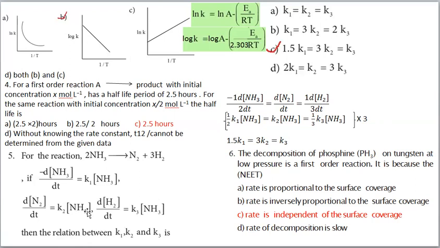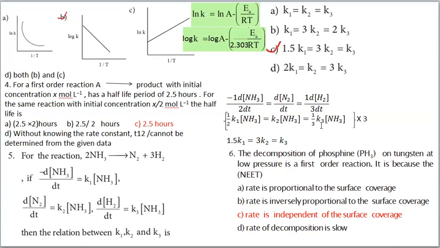Then you see here minus d[NH3]/dt value is given, K1 into [NH3]. So for this value we can write K1 into [NH3]. So this 1 by 2 is an additional value. So 1 by 2 into K1 into [NH3] equal to d[N2]/dt equal to K2 into [NH3]. So as it is, we can write K2 into [NH3] equal to 1 by 3 d[H2]/dt, which is K3 into [NH3]. All the parts have NH3 concentration.